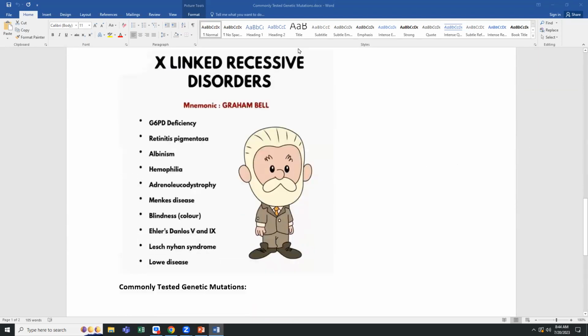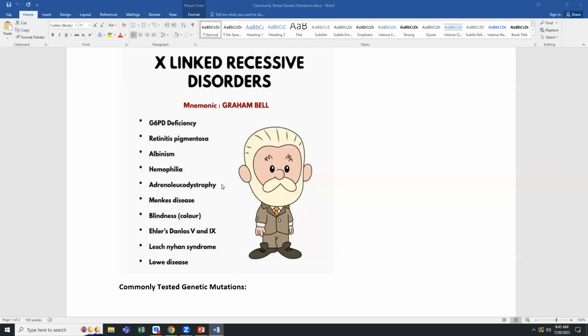Okay. X-linked recessive, your Graham-Bell is your mnemonic for your X-linked recessive disorders. So your G6PD deficiency, retinitis pigmentosa, albinism, it's on here too. Autosomal versus not, I would lean into it being more autosomal than X-linked, but can it be sex-linked? Sure. Hemophilia, no, I take that back. I lean into it more as being sex-linked, not autosomal. So G6PD, retinitis pigmentosa, albinism, hemophilia,